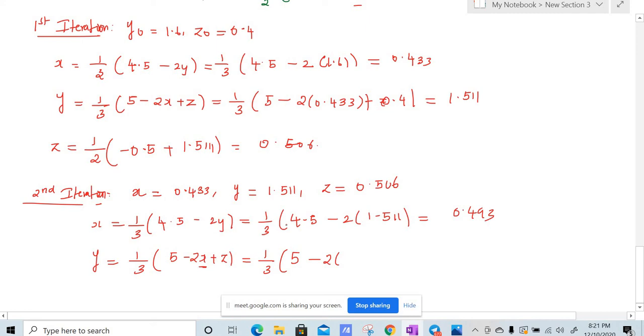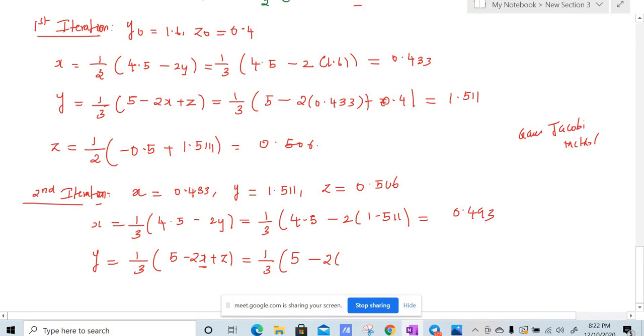And actually there is also a method called Gauss-Jacobi method. This method is not in your syllabus. So if you are not using the updated value, then that method is called Gauss-Jacobi method. For example, here, in order to find y, we are substituting the latest x. But if you substitute the old x value, then it is called Gauss-Jacobi method, right? When you are substituting the latest value, it is called Gauss-Seidel method. When you are substituting the old values for all x, y, z, it is called Gauss-Jacobi method. But don't get confused, Gauss-Jacobi method is not in your syllabus. So you just understand Gauss-Seidel method.